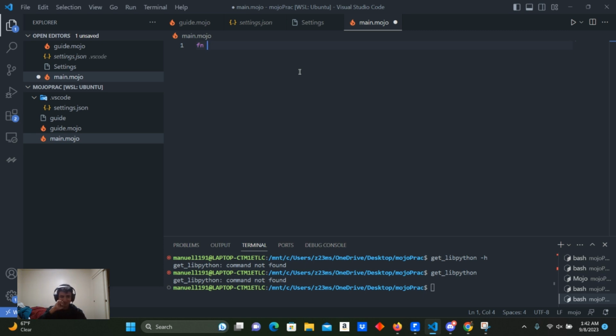You could read the documentation for that again if you want. So a nice thing about Mojo is every program's entry point is going to be the main function, just like most other programming languages. If we don't do that, you guys will see